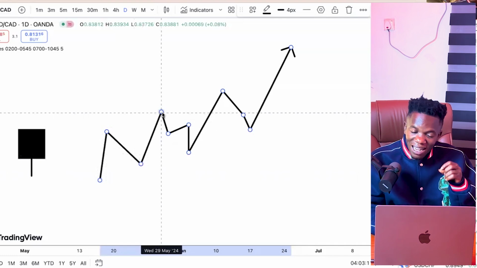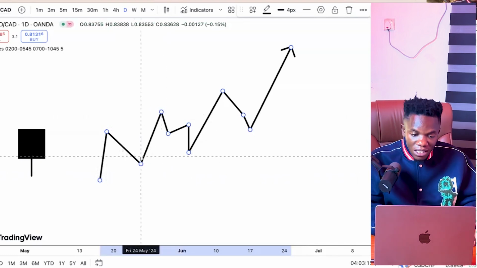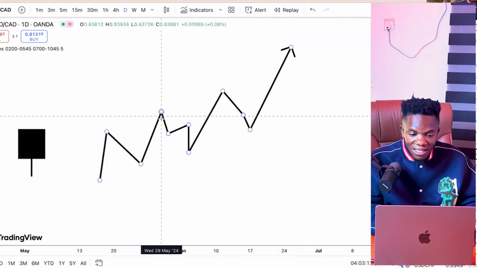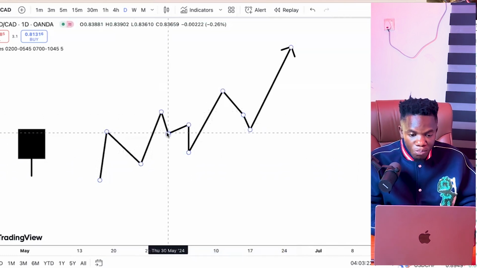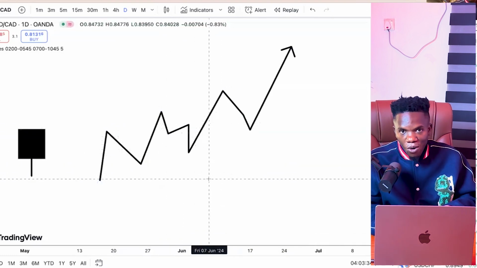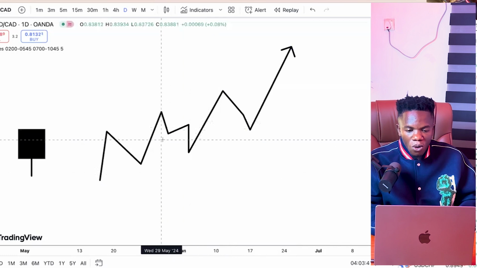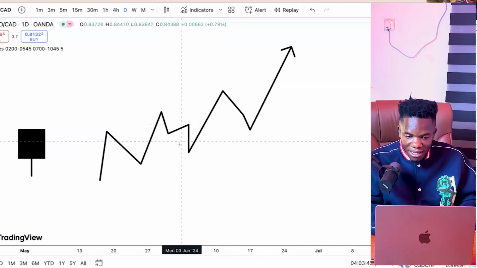As price expand, I'm waiting for the next retracement. I've done a video on when to know when the retracement is over. For example, if you take a look at this kind of retracement right here, you see that there are two types of retracement here. Price retrace, people will think it's about to go to the upside and then it drops. I've done a video on that. I will link it to this very one. So you don't make the mistake to think this is the point where the market wants to expand. So you wait for this one here, okay?